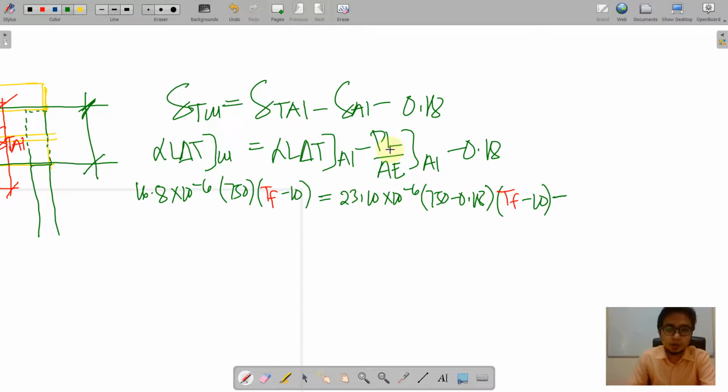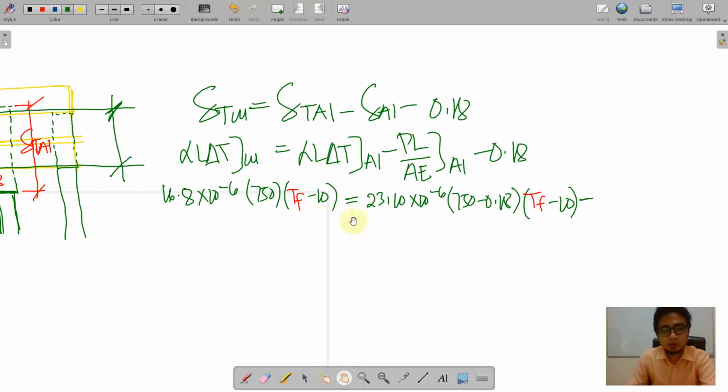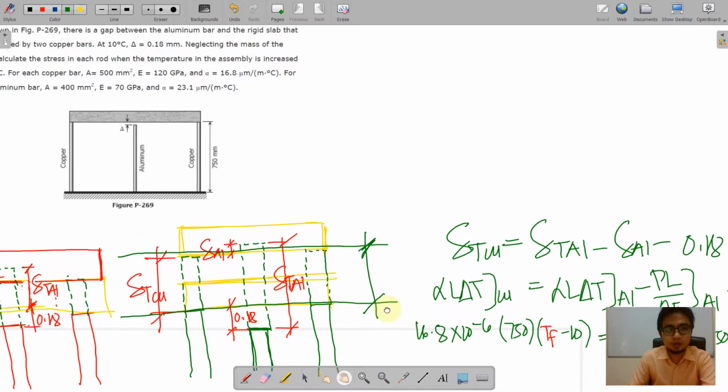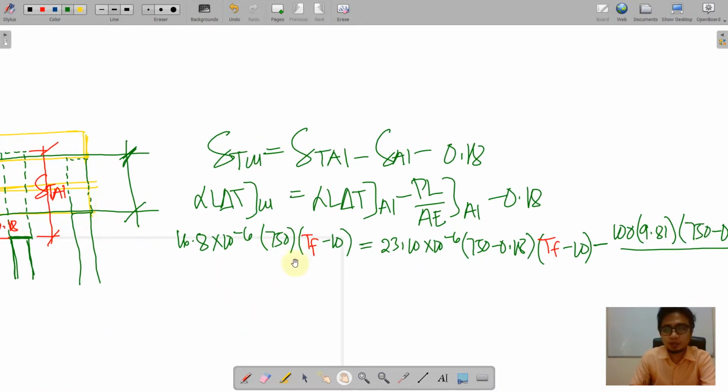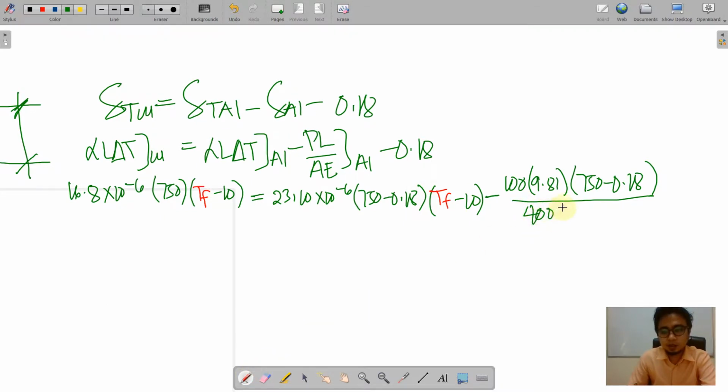okay, what is our P of aluminum here? So if ever that aluminum will just be stretched here or will just be stressed here, therefore it will all carry the loading. Okay, so the loading is 100 kilograms multiplied by 9.81 times the length of aluminum, 750 less 0.18, all over the area. So the given area for aluminum, we have 400 millimeters squared with 70 gigapascal. 400, and this is 70,000